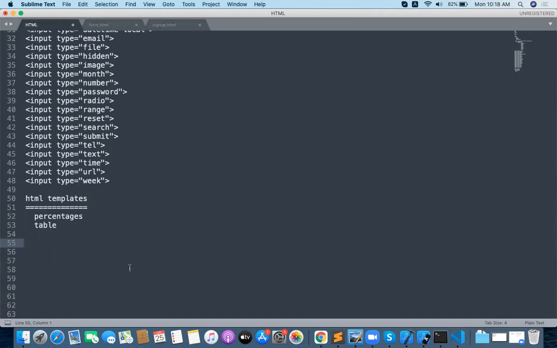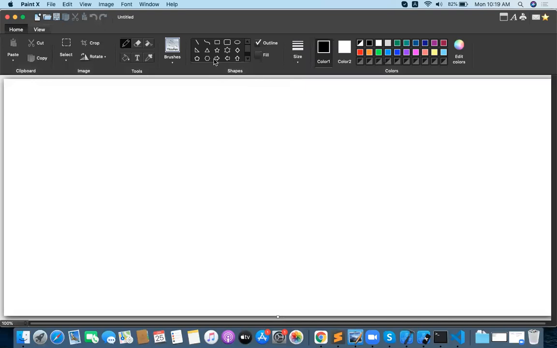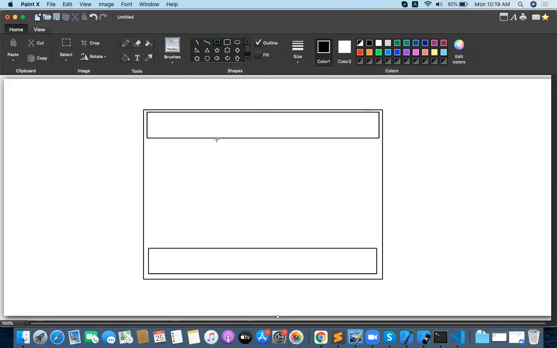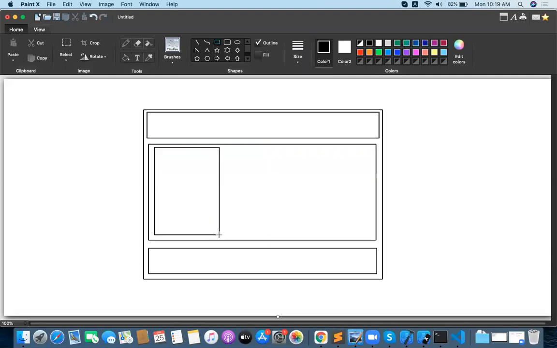Table template, how to design a template. For example, I will draw the picture. I want to design a page like this. I want to prepare the header like this, and a footer like this. I want to take a main division like this. Inside the main division, I should have a left division and a right division also. And inside the right division, I'll have a lot of components like this. This is like an image gallery application, whatever is required. Or I just want to take a center template like this, with a list item here.